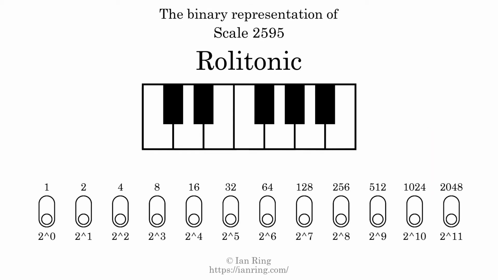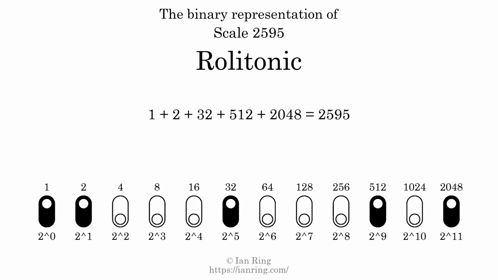The binary representation of this scale is determined by mapping tones of the scale to binary digits. Each binary digit represents a power of 2. To get the scale number, we add the powers of 2 together. The powers of 2 that are present in the scale, all added together, equals 2595. That is why the scale number, in decimal, is